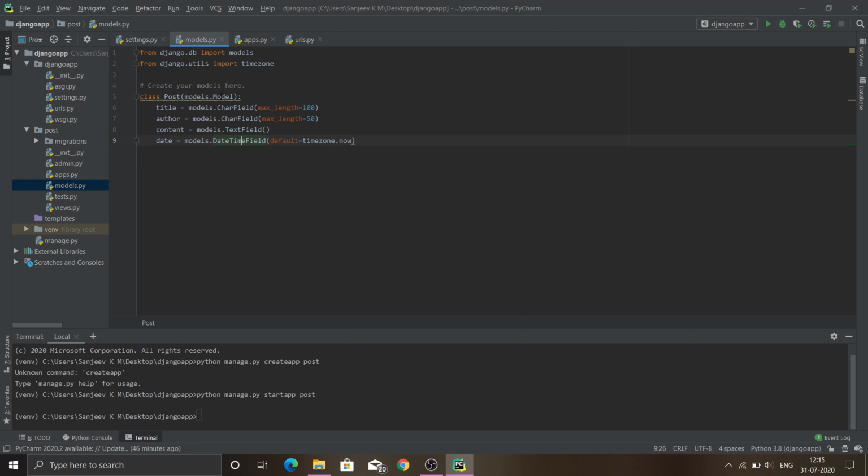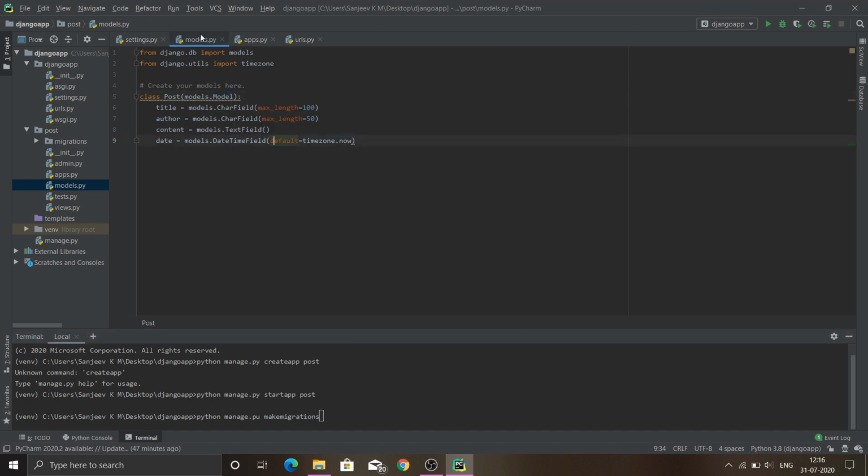So to invoke this model class, there's a separate command in our manage.py file named makemigrations.